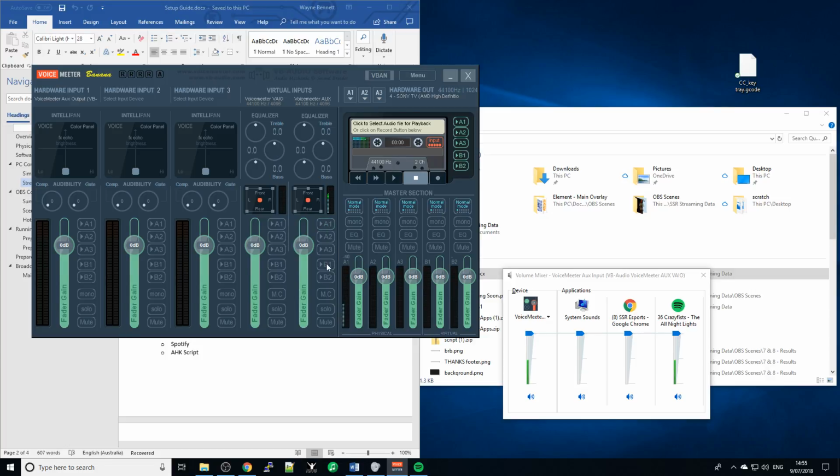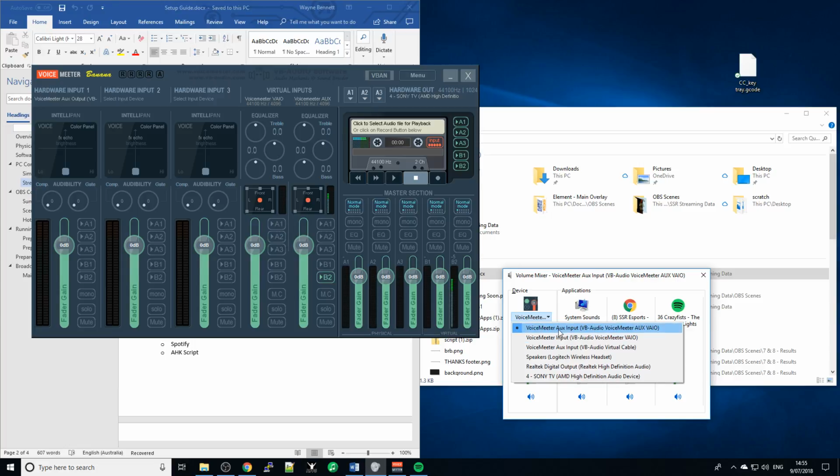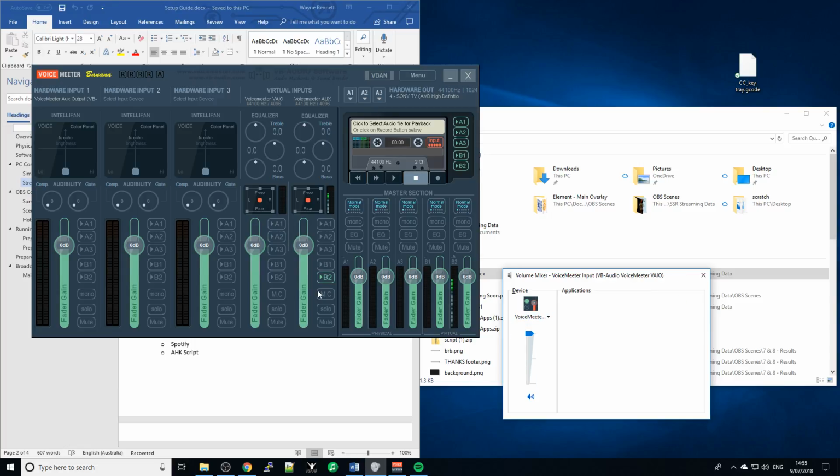If we go into B1, you obviously see it come up through virtual output 1, which is the main, or virtual output 2, which is the auxiliary. For the purposes of this, we want it in the auxiliary. So away it goes like that, and you see it correspondingly in here. If we go to input, we've got no input. If we change that and add B1,